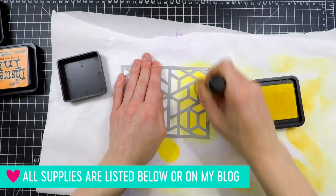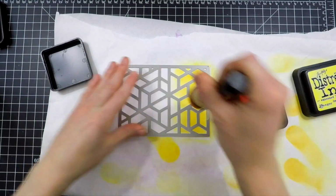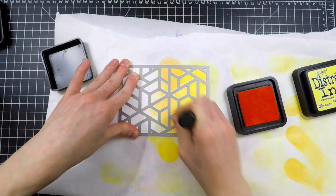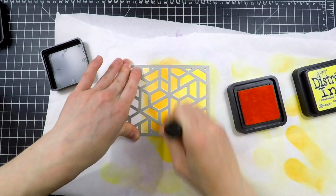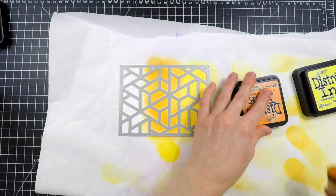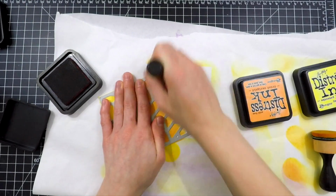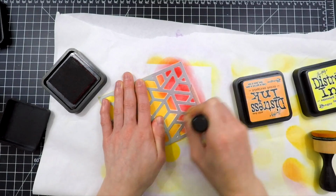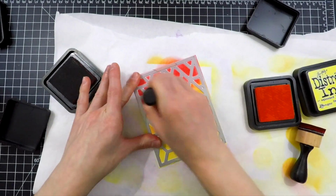I've got squeezed lemonade first that I'm going to be applying down towards the bottom. Then I'm going to bring in some spiced marmalade and start fading that in towards the middle area. I'm going really heavy-handed with these inks because I want some really saturated colors. I'm going to bring in also a bit of festive berries for some red. So I'm creating an ombre of color from yellow, orange to red. I think this is a really beautiful color combination, and the bold colors work really well with the bold geometric